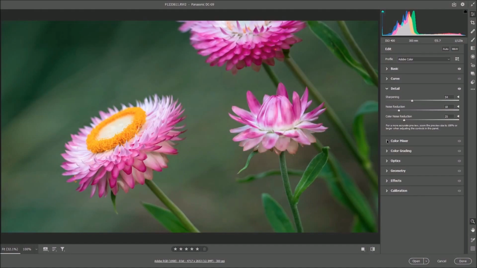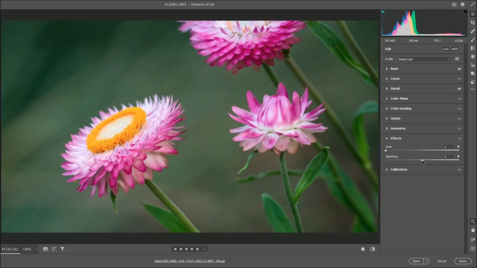I don't need to do anything with color mixer, any of these other options. So I'm going to come down to effects again and just see if a little bit of a vignette does anything for the photograph. I don't mind that actually, because once again it just tends to, if we double click to go back to 0, it doesn't do anything too obvious, but it just helps to draw the attention into the center of the photograph where all the color is. So that's really all I need to do to this photograph. So from there I'm going to click open,